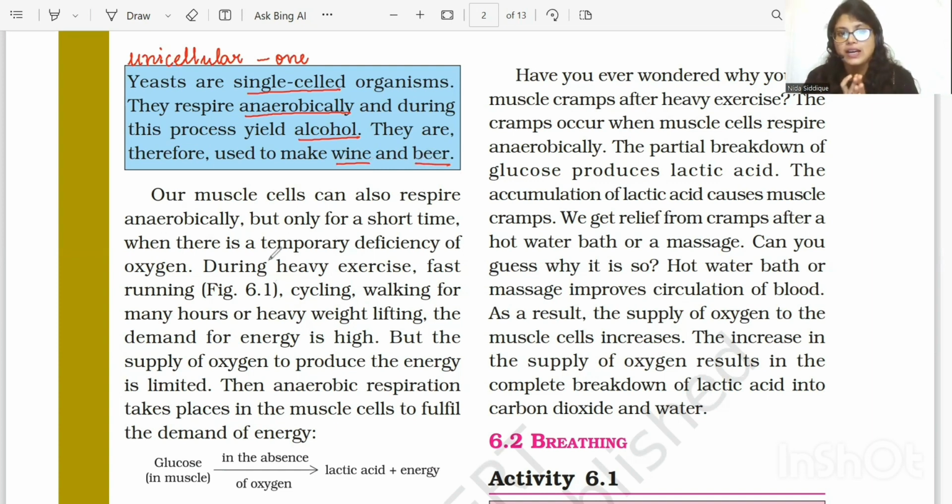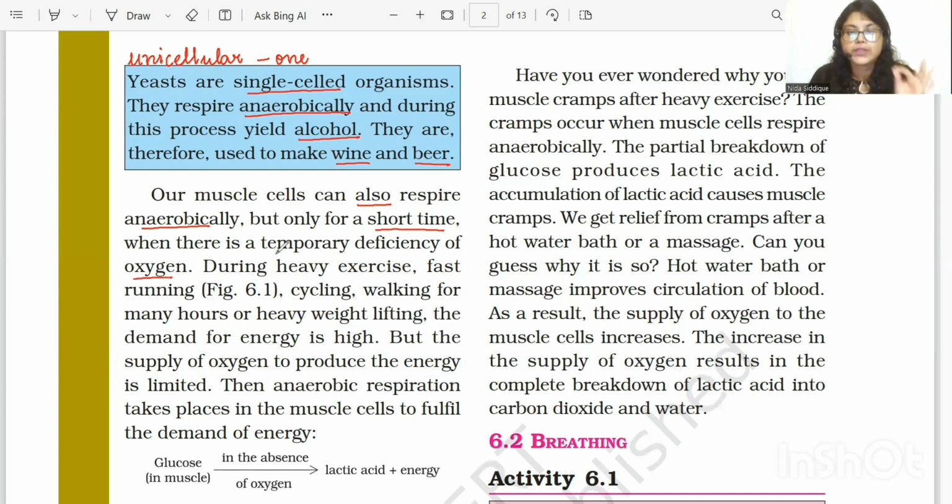Now, do you all know, although we take in oxygen and we perform aerobic respiration, but there are situations where we also respire anaerobically. Yes, like for example, when we are doing exercise or when we are running. उस time पे हमारे जो muscle cells होते हैं उन्हें sufficient amount of oxygen provide नहीं हो पाता है. So in that moment muscle cells start to respire anaerobically. Okay, so our muscle cells can also respire anaerobically, but only for a short period of time. Especially तब जब हमारे muscle cells को oxygen की बहुत जरूरत हो.